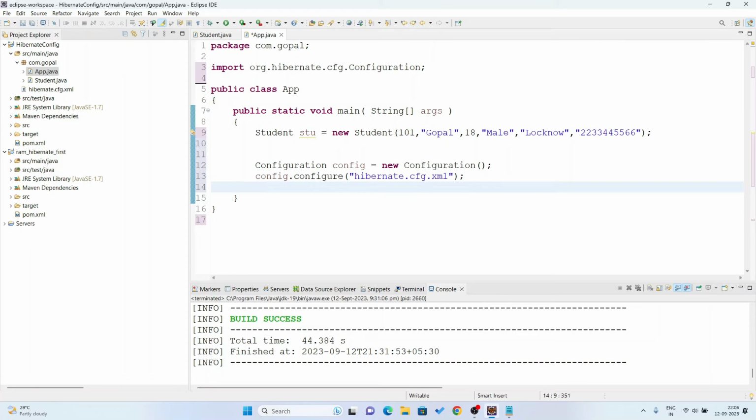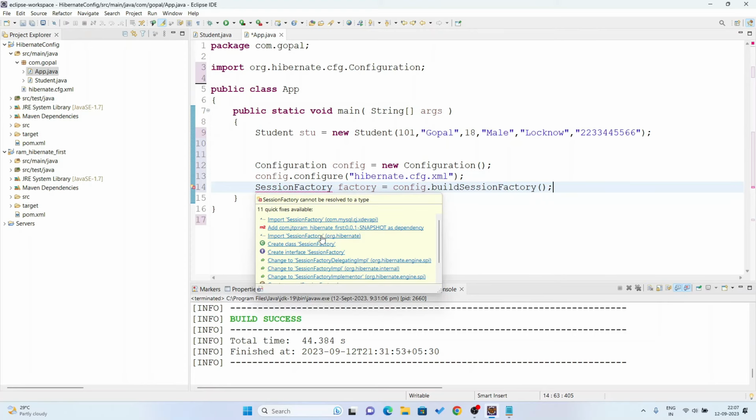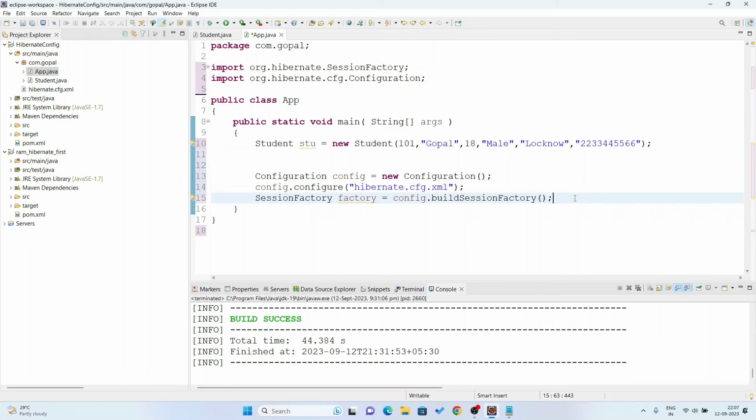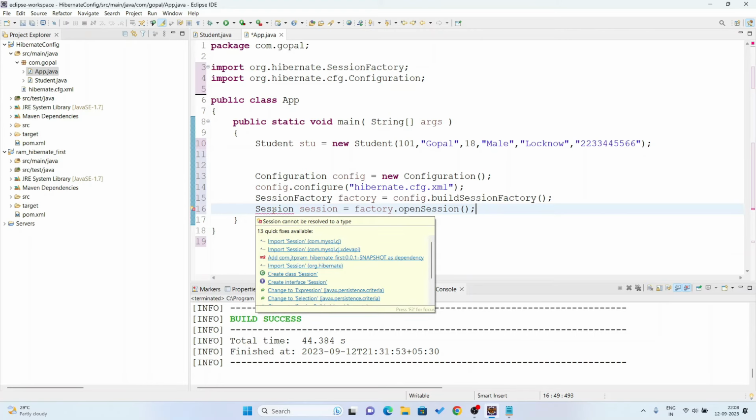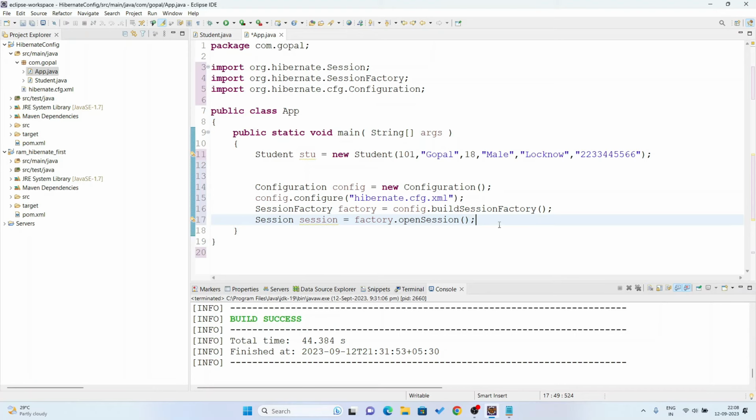Next line I write SessionFactory sessionFactory is equal to config.buildSessionFactory. Here also I have to import SessionFactory from org.hibernate. In the next line I write Session session is equal to factory.openSession. Session object is sessionFactory.openSession. Here I have to import org.hibernate.Session, and in the next line I write